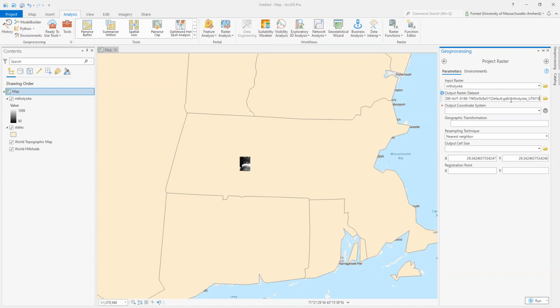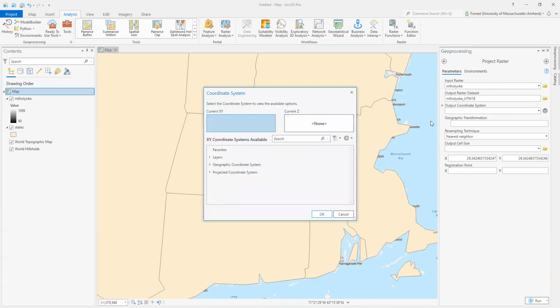So once you have your data going to the right place, now we got to choose a coordinate system. I can choose from the current map. That's kind of boring because it's the same thing. I could convert it into states. I'm not really interested in WGS 84. I want UTM. So I'm going to click select coordinate system, and we're going to see a very overwhelming screen